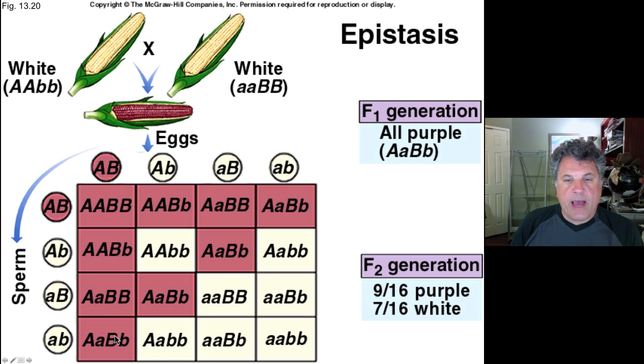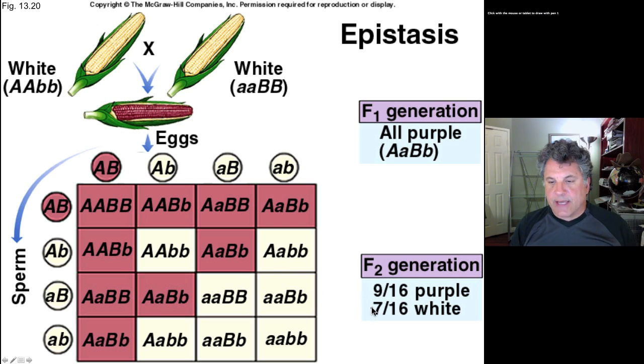Whereas, if you have at least one dominant large allele at both genes, then you're going to be purple. So that would be the case in 9/16 of the possible genotypes that would arise, given independent assortment of the A and B alleles. And in a way, you could look at, you remember the 9:3:3:1 ratio from classical Mendelian inheritance.